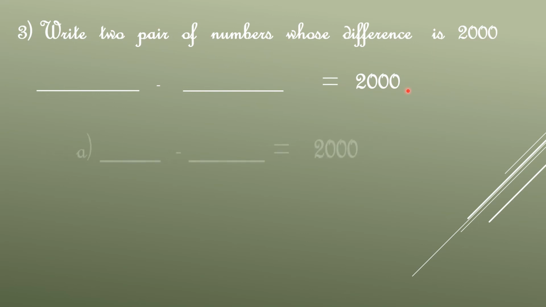So let's begin. Since they want us to find two pairs, we'll begin with the first pair. Now which are the two numbers that you minus, you get 2000. Now children, I don't want you to worry about these 3 zeros. Just let us keep these 3 zeros aside. Let us only concentrate on 2. So if I want to note a pair of numbers that when you minus you get 2. Yes, if I take 5 fingers and from this 5 if I minus 3, I get 2. If I take 6 fingers, I minus 4. Again I get 2. If I take 3 fingers, remove 1 out of it, again I get 2. So there are many. So let's take one of it.